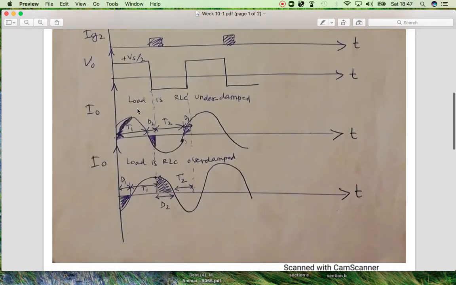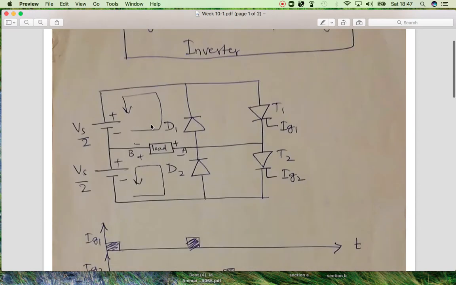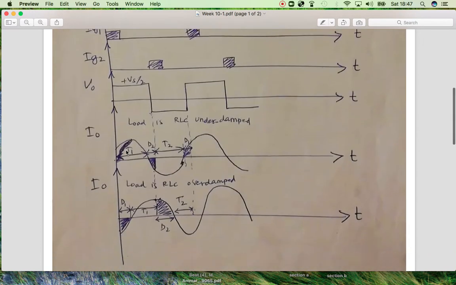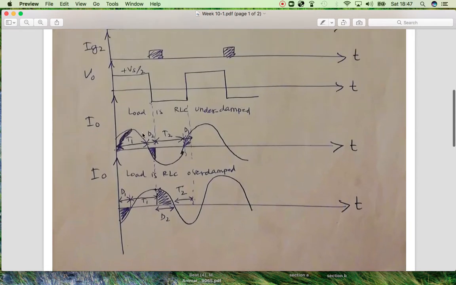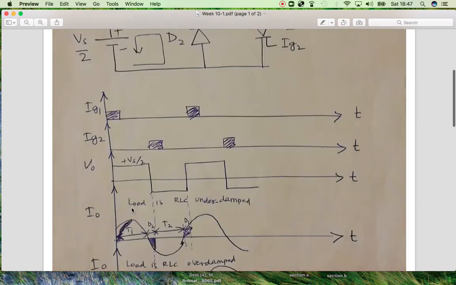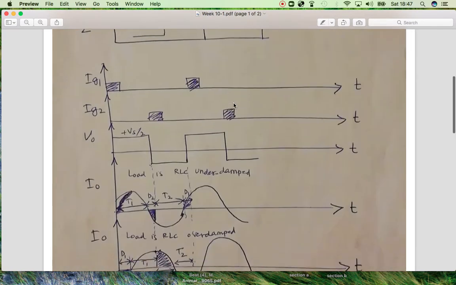And when both the voltage and the current are positive, then at that instant of time the current is being supplied by the supply and it is through the T1 thyristor from here. And this process continues, as you can see the waveforms, one waveform is for the leading current and the other waveform is for the lagging current. In both the cases we have the complex load which is attached, which is a RLC load, and for that we have observed the waveforms for this single phase half bridge inverter.